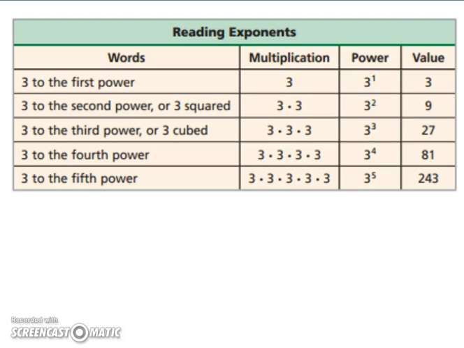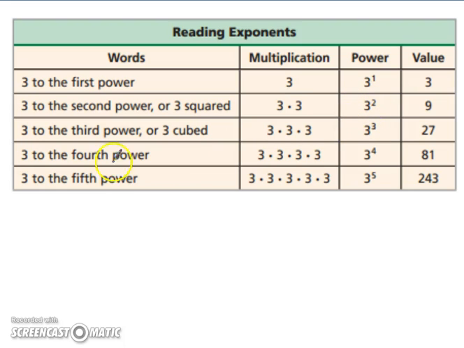Let's practice reading exponents. 3 to the first power, which you often see as just 3. The 1 is assumed when 3 is by itself. 3 to the second power, or 3 squared, would be 3 times 3. 3 to the power of 2, and its value is 9, as when it's an exponent, it's saying 3 times